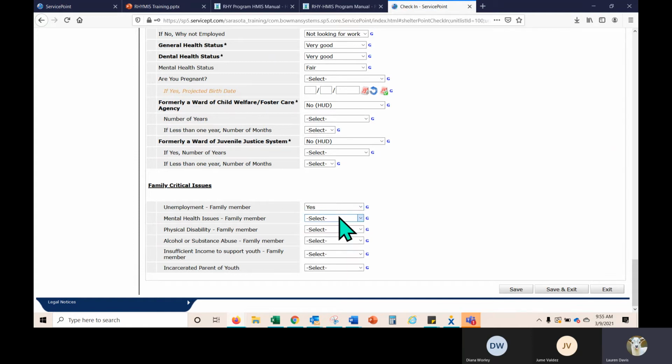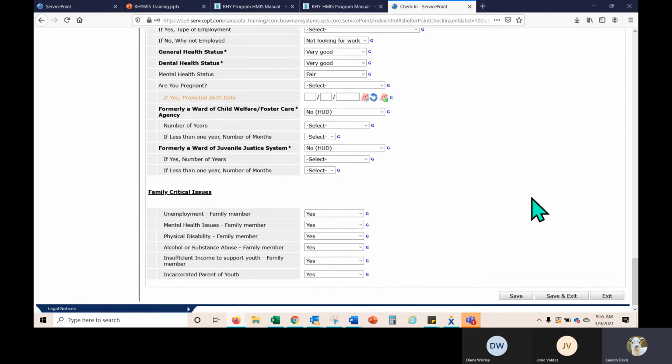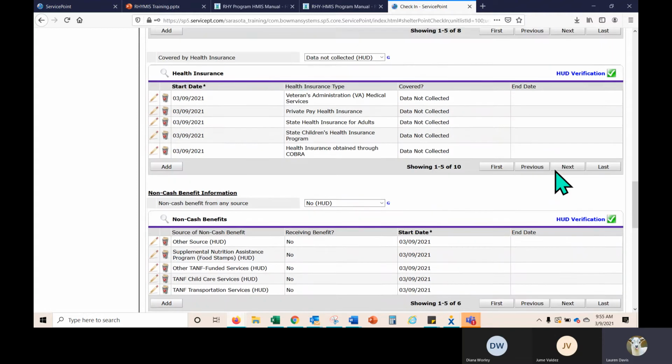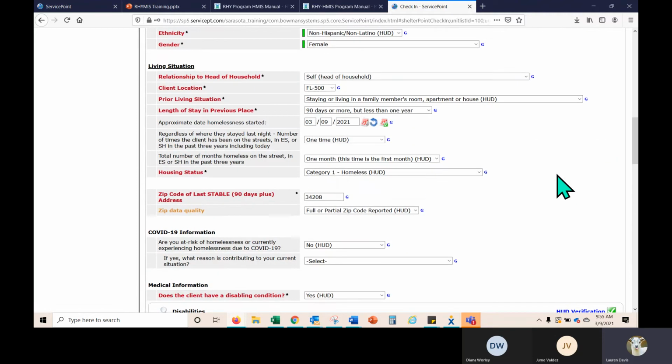But as you can see, creating a client and adding a client that's existing, we're really going through very similar movements. It just so happens that new clients will not have any information in here. All of your information will be the first information collected on the client. With clients that have previously been in the system, you'll have that historical reference, like if you remember, North had previous homeless experience because her family had previous homeless experience.